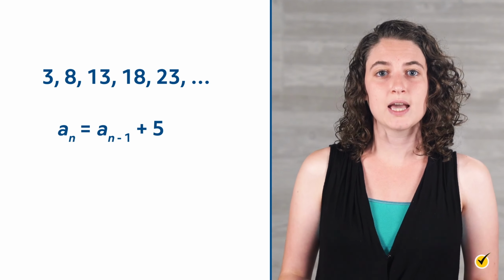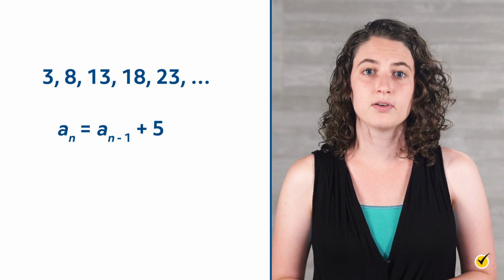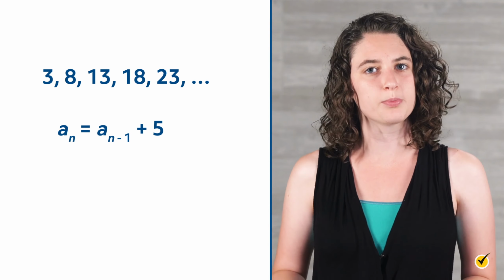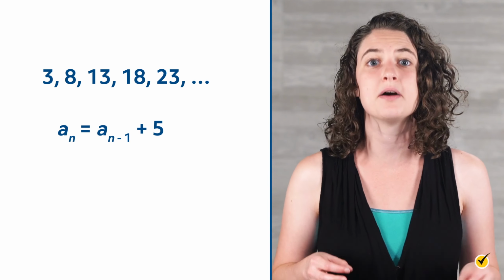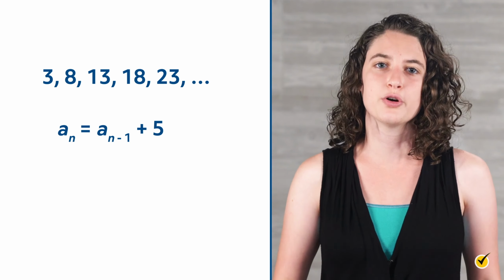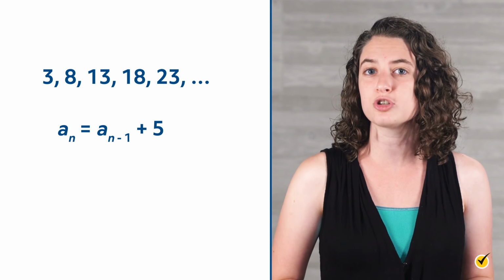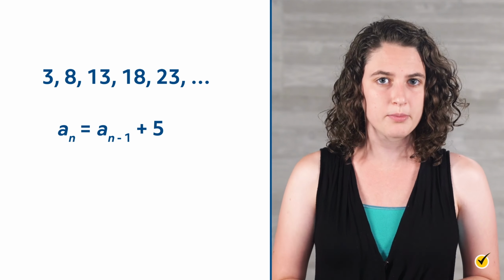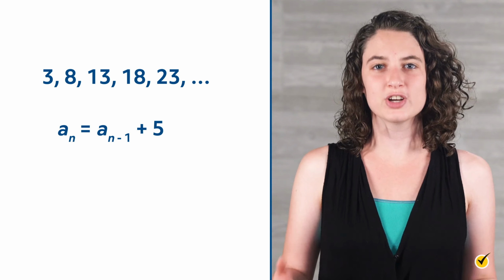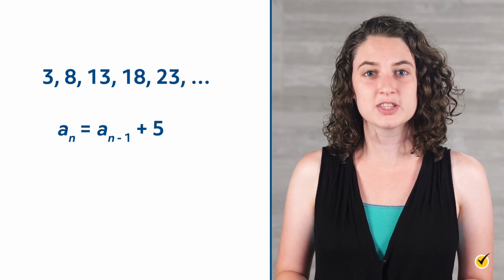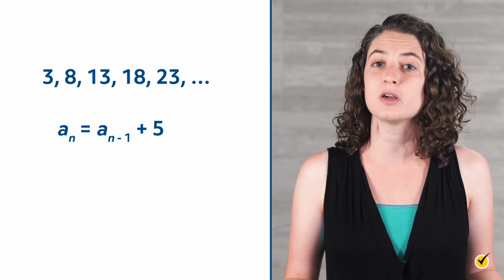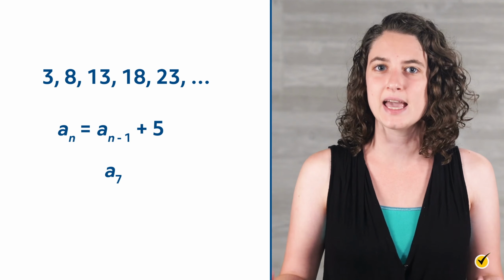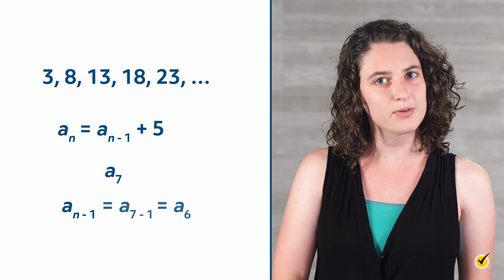a sub n is equal to a sub n minus 1 plus 5. This is a way of saying that the nth term of the sequence is equal to the previous, n minus 1, term plus 5. The lowercase a's denote that we are talking about terms in a sequence of numbers. The lowercase n's represent the number of the term we are looking at. For example, if we wanted the 7th term of the sequence, we would be looking for a sub 7, and we would need to know the previous term, a sub n minus 1, or a sub 7 minus 1, which